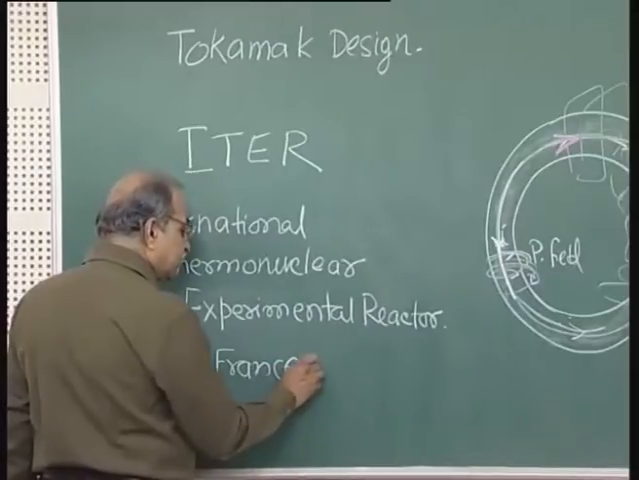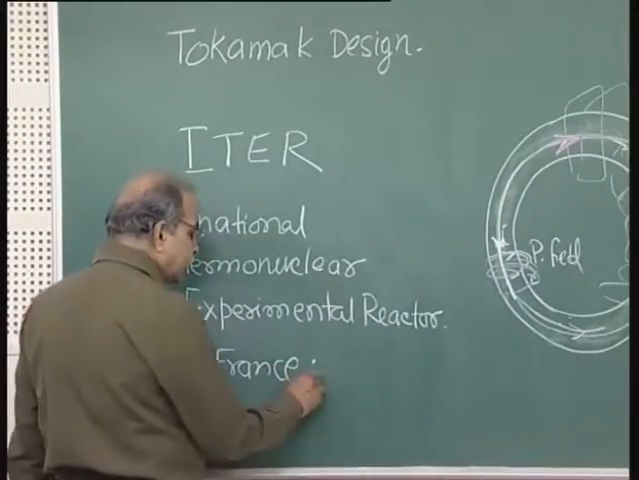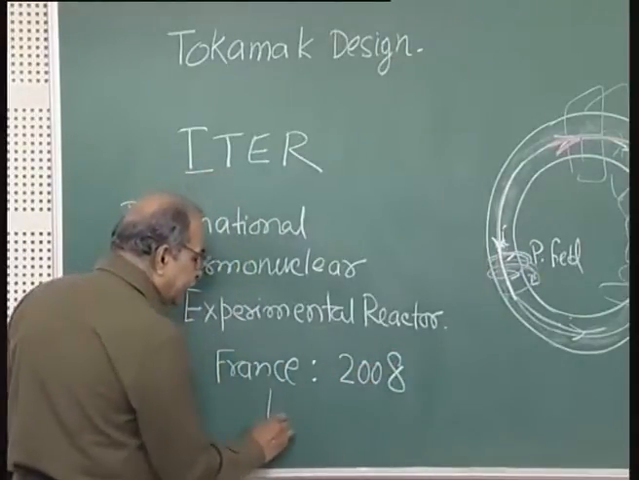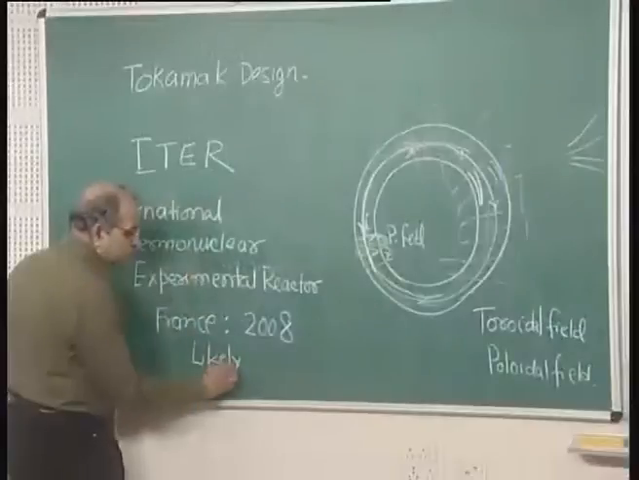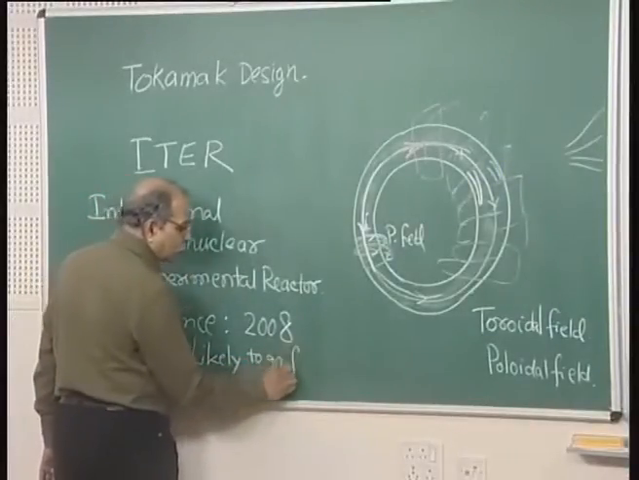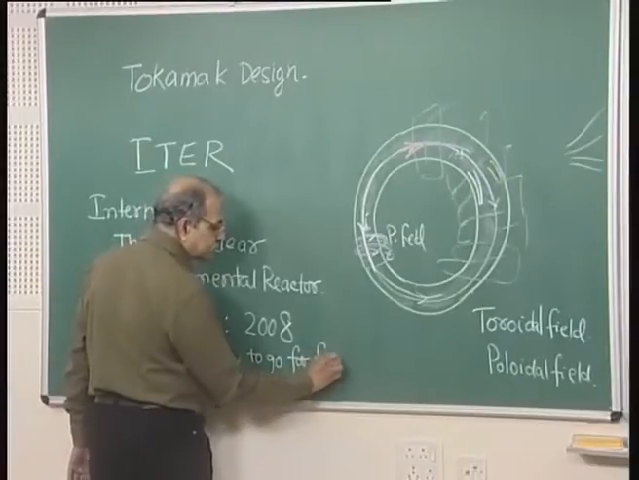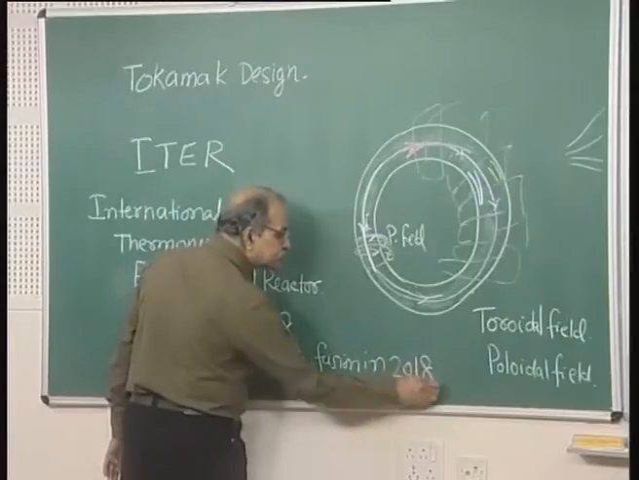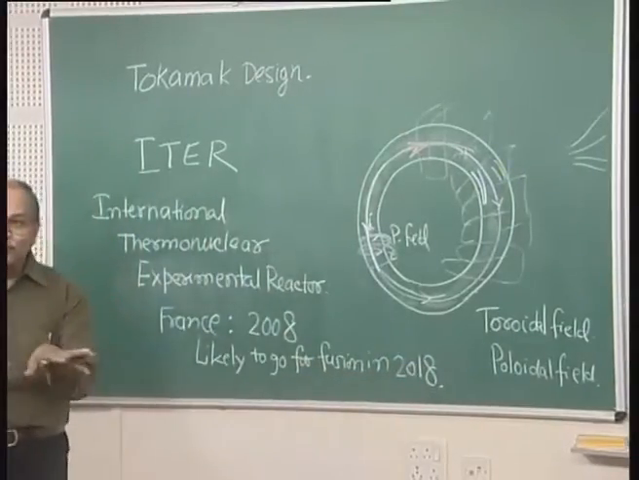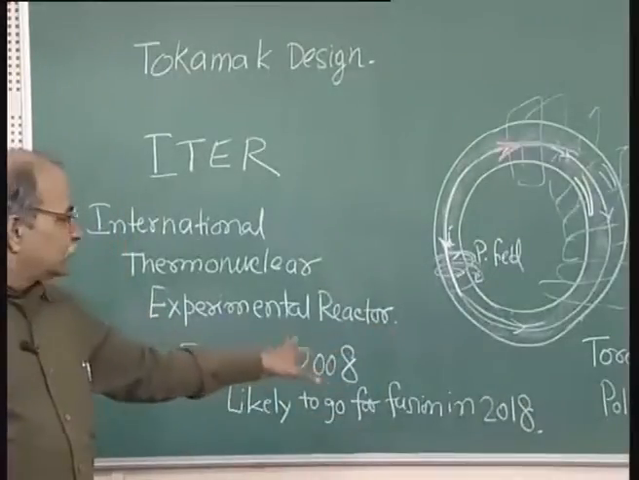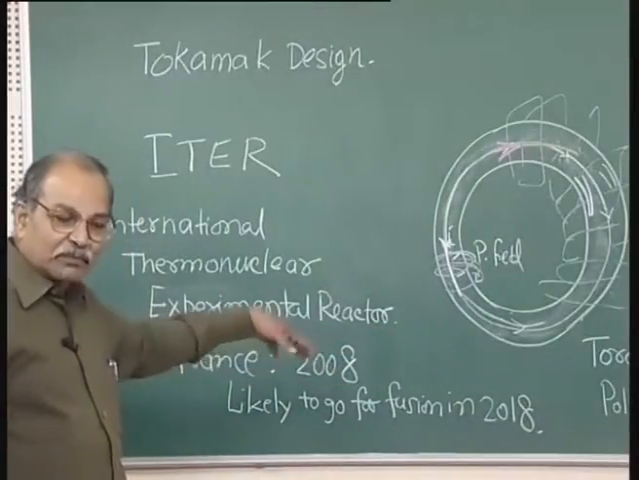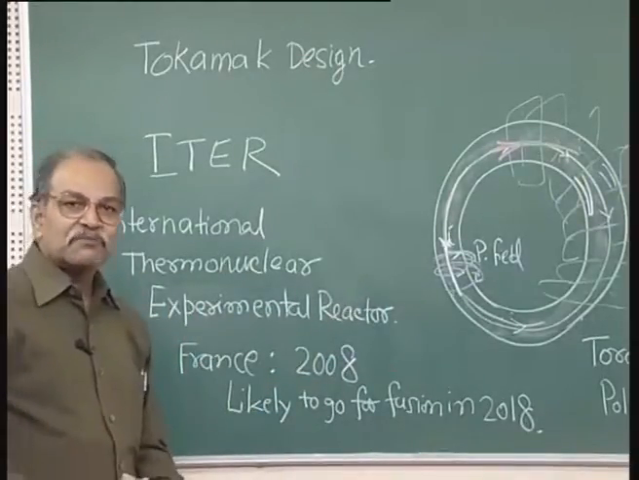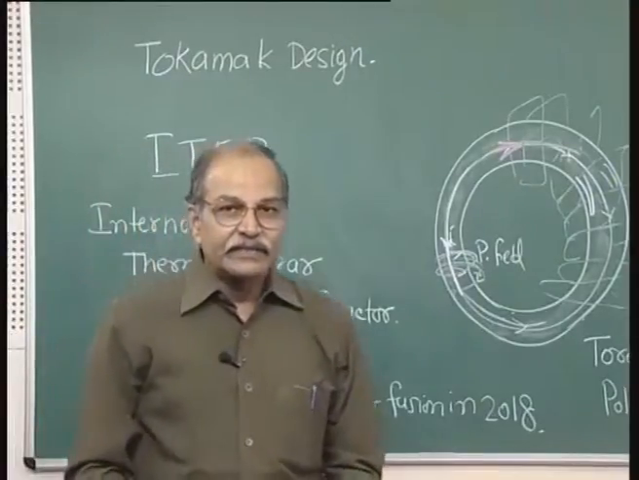The groundwork at the site started in 2008, and it is likely to go for fusion in 2018. So, the machine will start producing fusion power in 2018. This is the construction or preparation period. The partners are doing their job in their own places. India is also a partner. India joined this collaboration in 2005, and at IPR